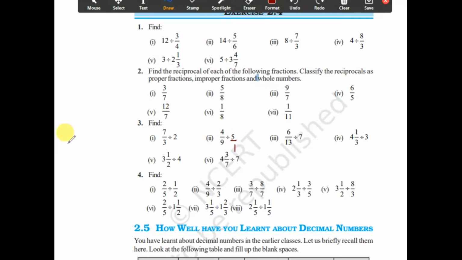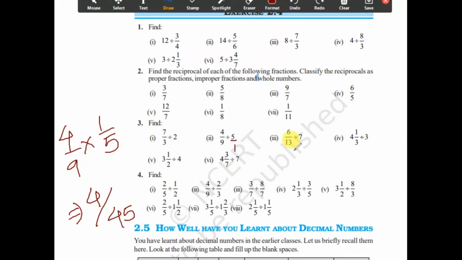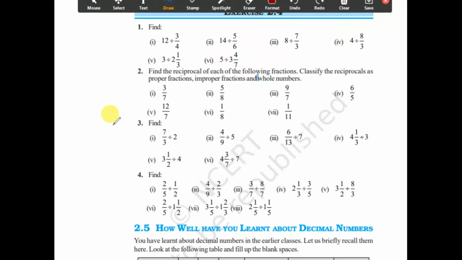Same in this also, you write 1 here. So when you take the reciprocal, it will become 1 by 5. So 4 by 9 into 1 by 5. Here again no common factor, so I will multiply 9 5s are 45. So answer is 4 by 45. For this also you write a denominator as 1. For every case you have to do like that. Then we take the reciprocal, 1 will go as a numerator. So I think this you will do.